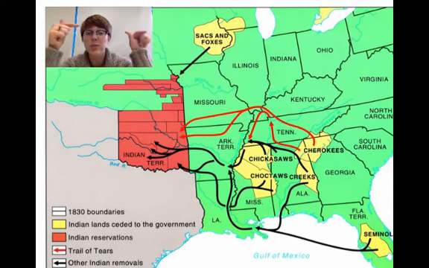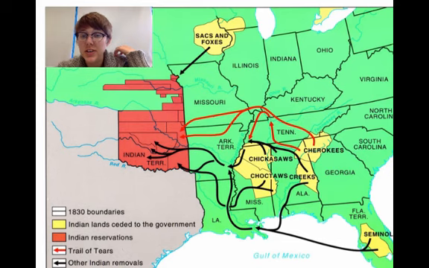So if you're to look at the image below me, you are seeing sort of a map of how the Trail of Tears happened. In the red lines, the red arrows, that is the specific Trail of Tears. But we have a lot of different Indian removals as well. So that's all showing all the black lines. All the yellow areas, that is the land that government sort of took away from Native Americans. And the red area, that is where they're moving them. So they're moving many different tribes all together in one area.